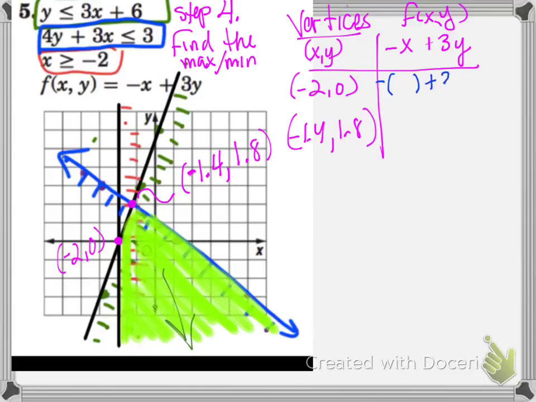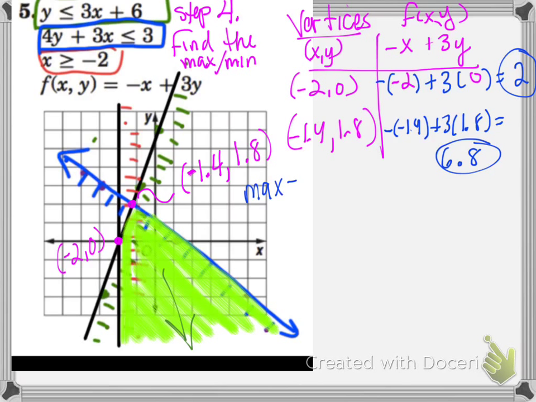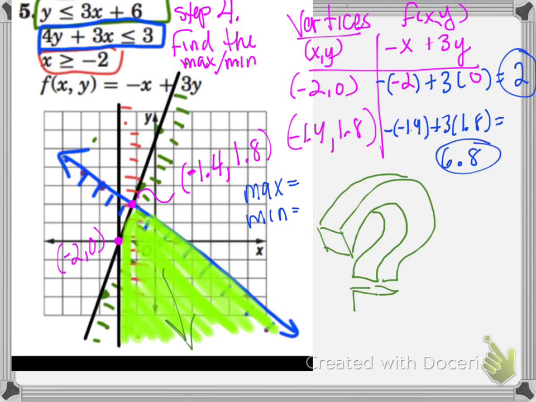So what we do is we just plug those into the equation. Be careful of your negative signs. Negative 2 is going to give you a 2. 2 times 0 is 2. Plugging the other in, we get 6.8. So is that our maximum or minimum? Well, we don't actually know whether it's our maximum or minimum because